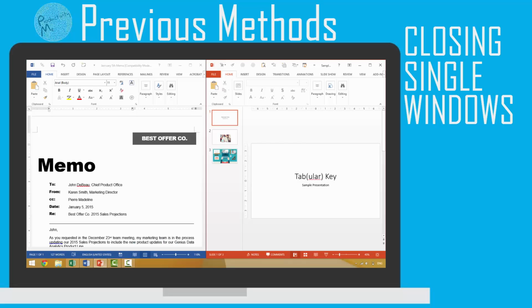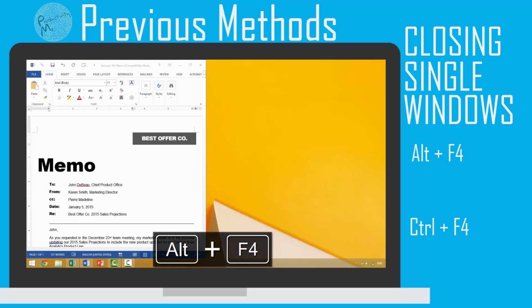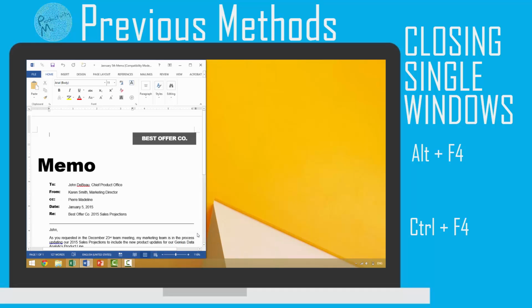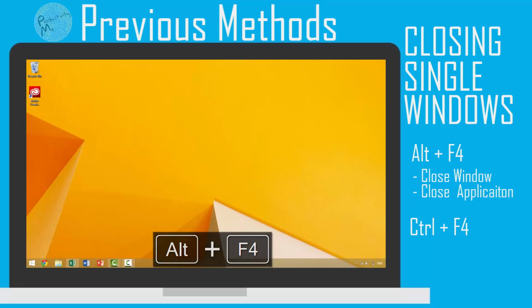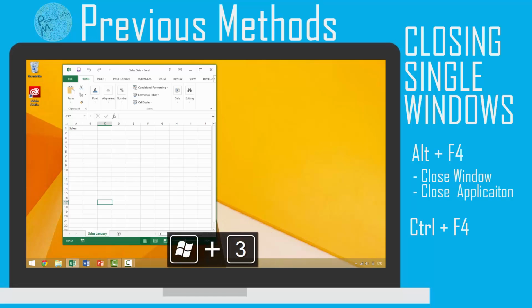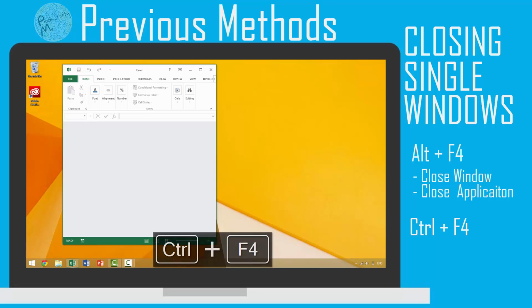As we discussed earlier in this series, Alt F4 and Control F4 are two effective methods for closing application windows. If your targeting window is the last and only window open for the specific application, then using Alt F4 will close both that window and the underlying application. On the other hand, if you were to use the keyboard shortcut Ctrl F4, this would just close your window